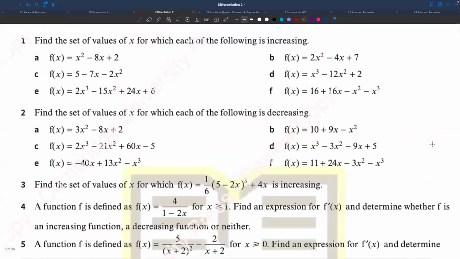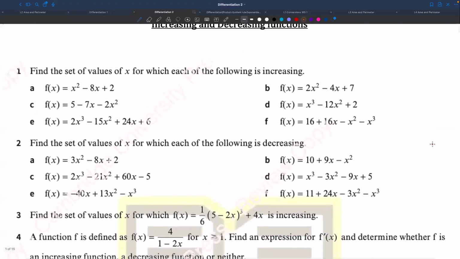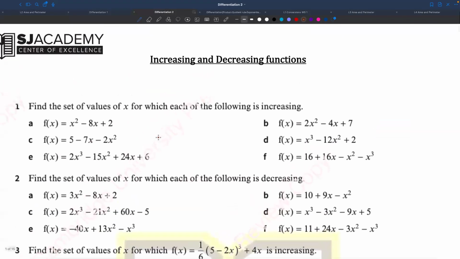Now, I'll just explain one question. Find the set of values of x for which each of the following is increasing. Okay? So in this, all you have to do is, कैसे बताऊं मैं आपको? Can you factorize it? Can you factorize this question? Tell me what is the answer when you factorize it. What are the two values of x that you get when you factorize this? I think you'll have to use the calculator for this. Can someone quickly use a calculator and tell me what are the